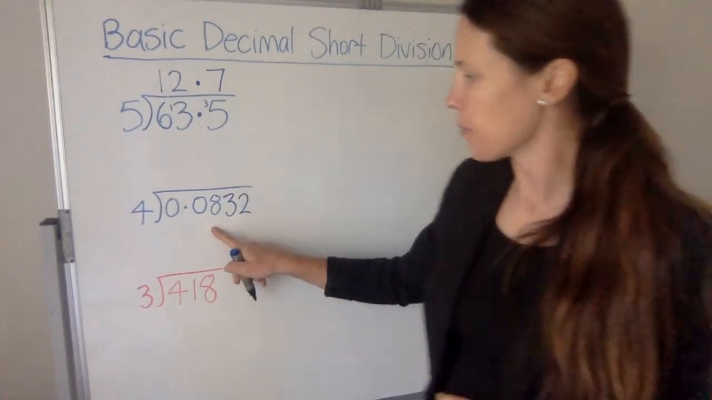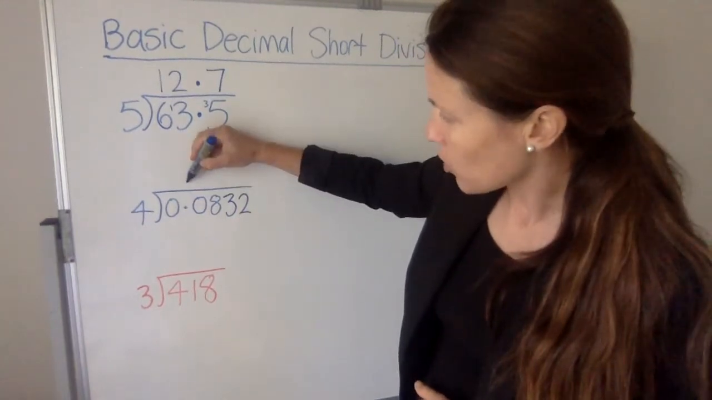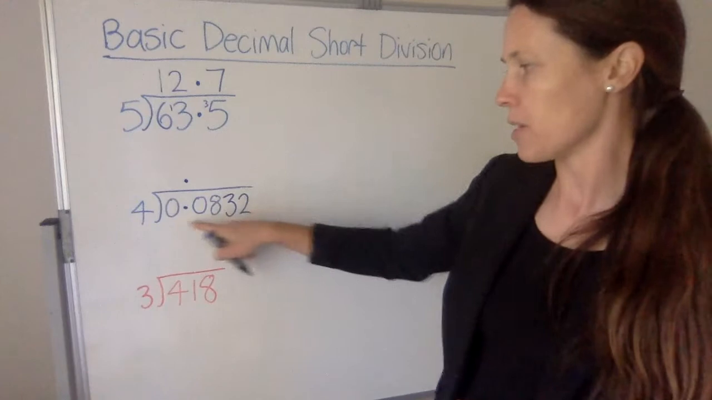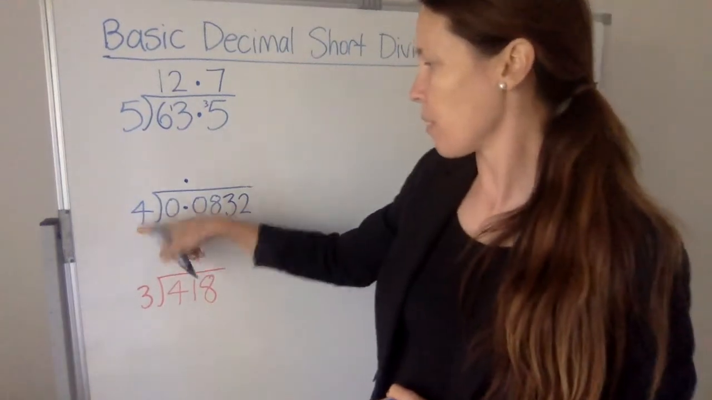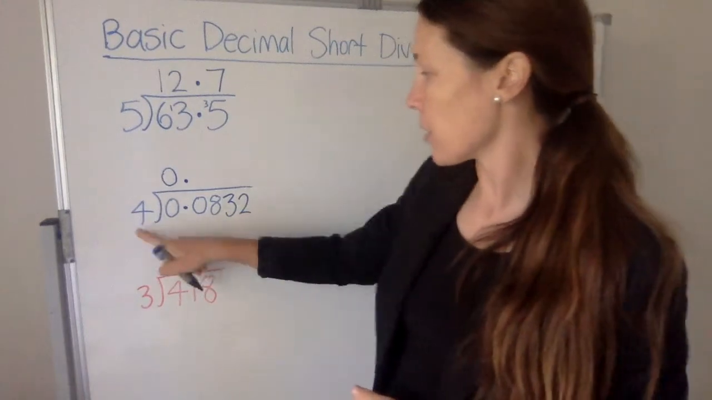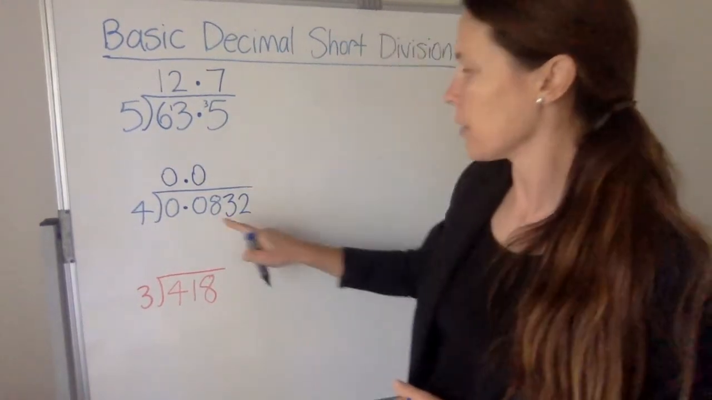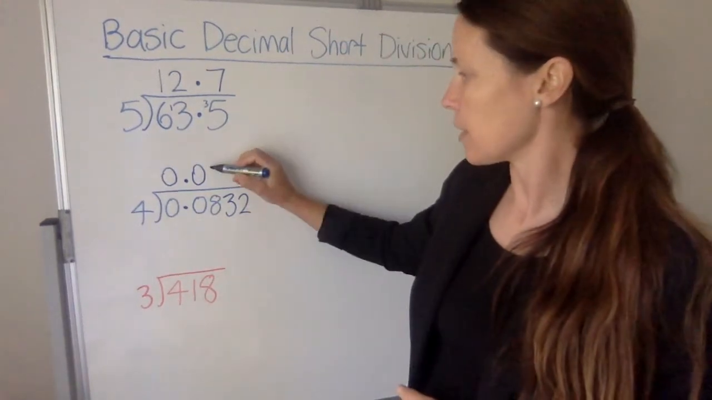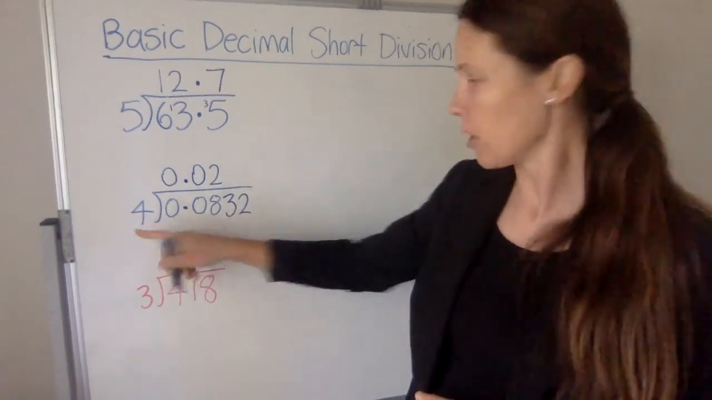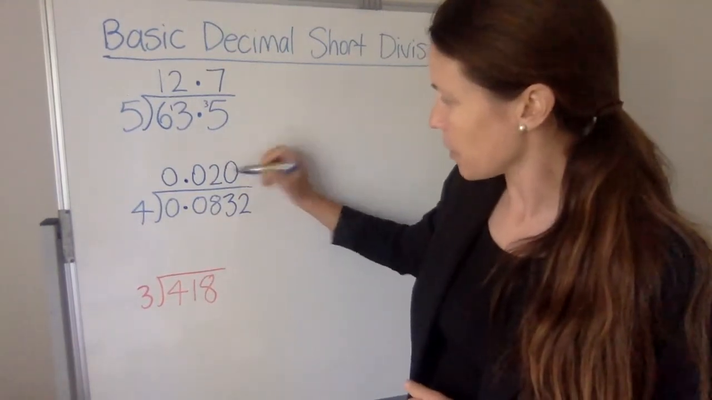Let's have a go at this one. Lining the decimal up straight away helps me get started, and then I can treat these as though there is no decimal. 0 divided by 4 doesn't go, so I put a 0 as a placeholder there. 0 divided by 4 still doesn't go. 8 divided by 4 is 2. 3 divided by 4, well, that doesn't go, so I need to put the 0 in again as a placeholder,